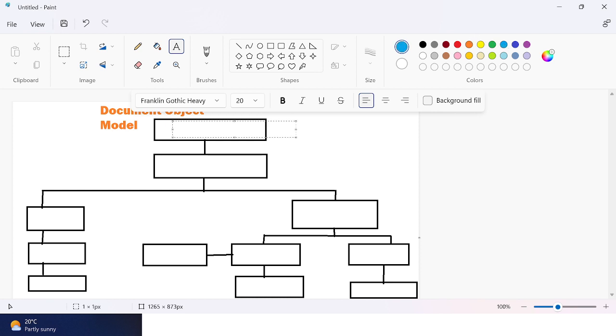Next, it is a document, and here next is a